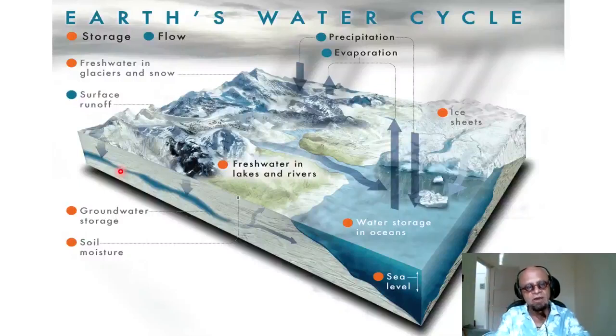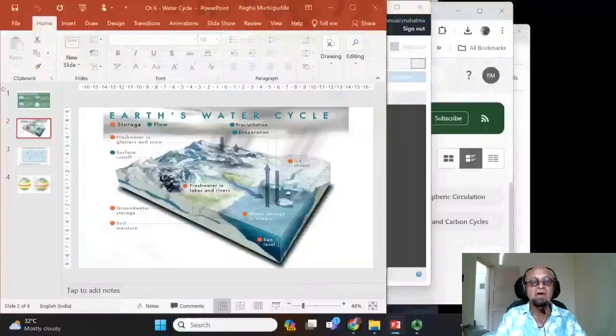Okay, so let me leave this here, and I have a couple of more figures that will look at where the water falls as rain or precipitation, and where the evaporation happens, and they are related to the winds we have looked at before. So we'll come back and look at that in the next podcast.